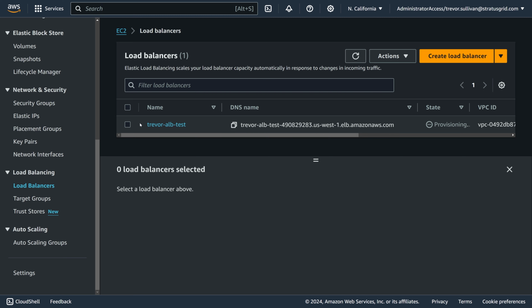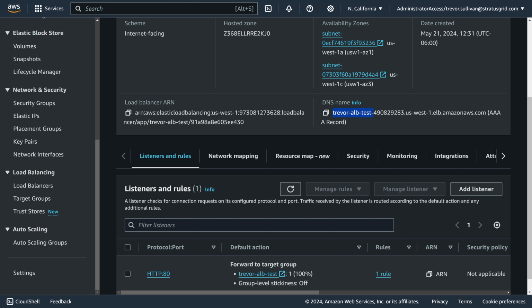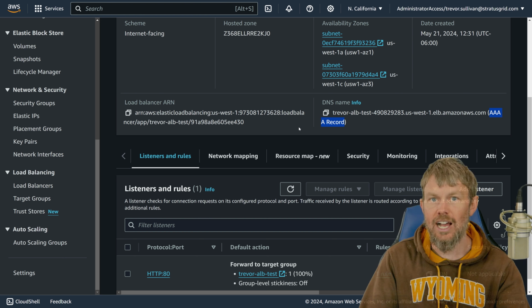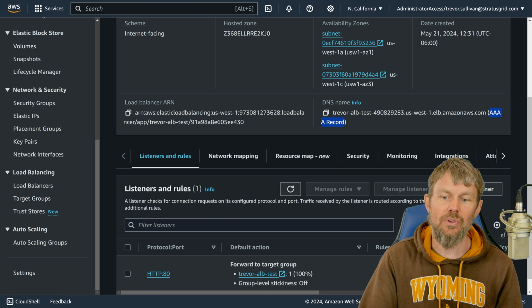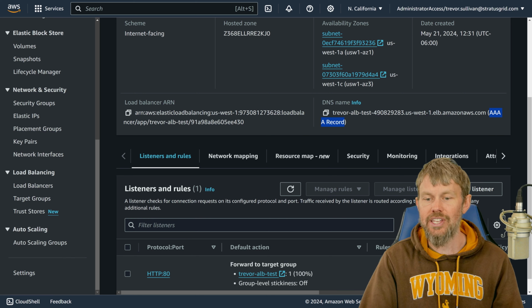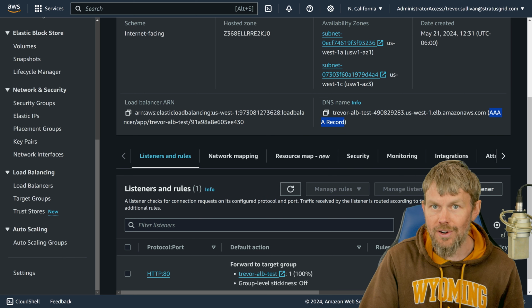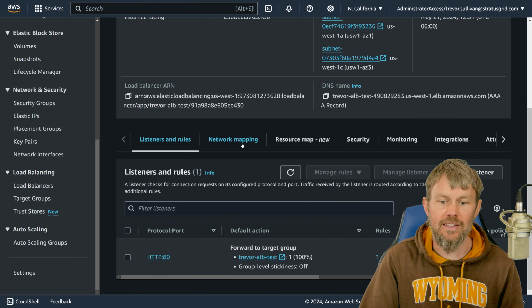And this should be a quad A DNS record. So if we drill in here under DNS name, you should see that this is a AAAA record, which indicates that it's actually an A record, but specifically for IPv6 rather than IPv4. And so because we don't have an A record, we don't have IPv4 connectivity to the internet-facing endpoint for the application load balancer. Let's give this just a moment to finish provisioning,